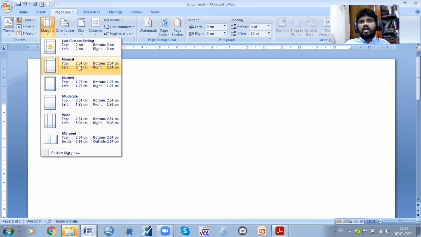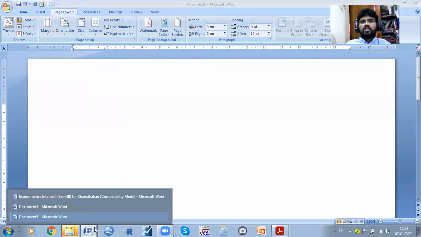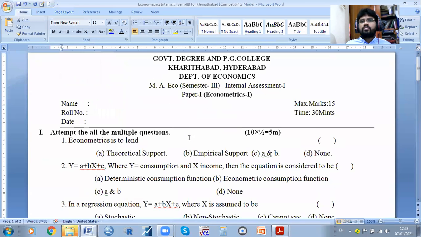There are top and left, bottom and right. For example, all four borders are equal, at 2.5 centimeters. That's the border, for whatever you want to write. I'm going to show whether it is available. Yes, see. Here, in the border setting, the top has used less margin. For the left side, see this is a margin. The right side is a margin. Only this much margin has been left.